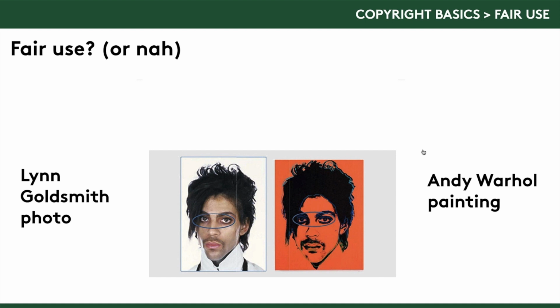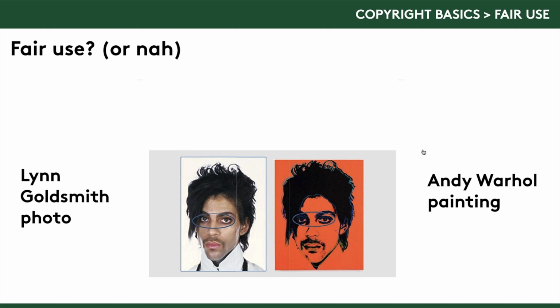And so they paid money to license Lynn Goldsmith's photo of Prince to Andy Warhol. And Andy Warhol, soup cans, Maryland. His whole art was based off of taking photos, blowing them up really, really big, and painting over them, which is what he did with these photos that Lynn Goldsmith had taken of Prince. And she knew nothing about it until all of a sudden these paintings were at an exhibition, and she was not thrilled. By this point, Andy Warhol has passed away, and so she is now in the process of suing the Andy Warhol Foundation for